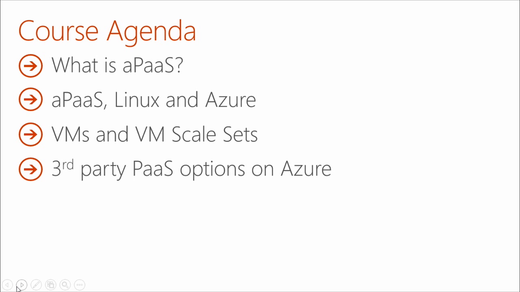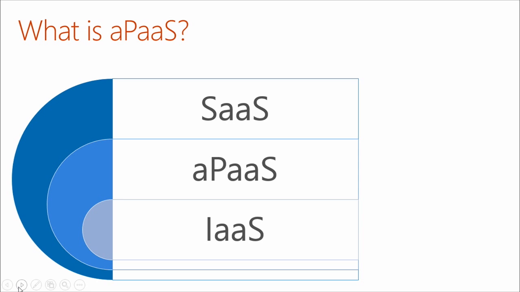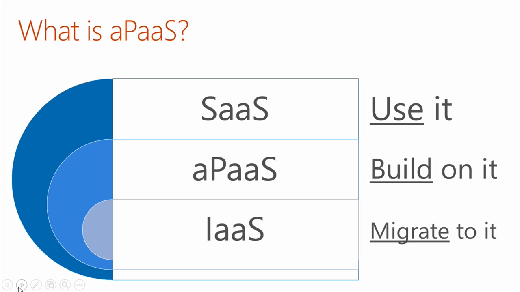Very cool. All right, so let's get started. So what is an application platform as a service? This is my attempt to simplify it to the core. There are three deployment models that most of you are familiar with. Infrastructure as a service, the way you want to think about it is you're migrating to it. It's basically vanilla virtual machines. You have your applications written for on-premises, running within a single machine or a set of machines, physical or virtual. And then when you move it to any type of cloud, public cloud, private cloud, it's typically virtualized. Everybody knows that this is the predominant deployment fashion today.